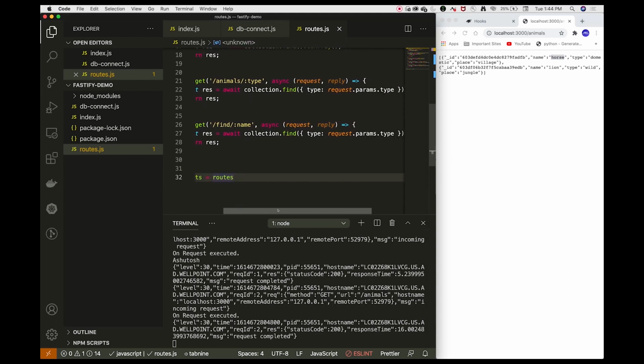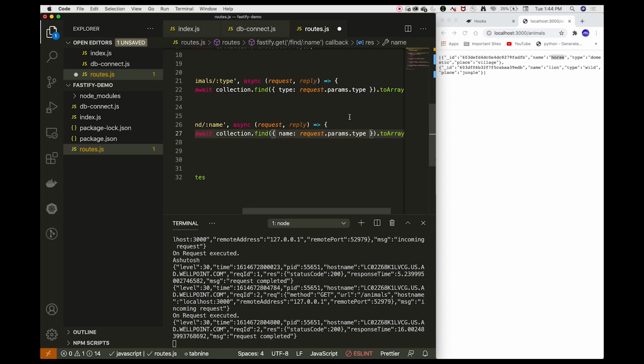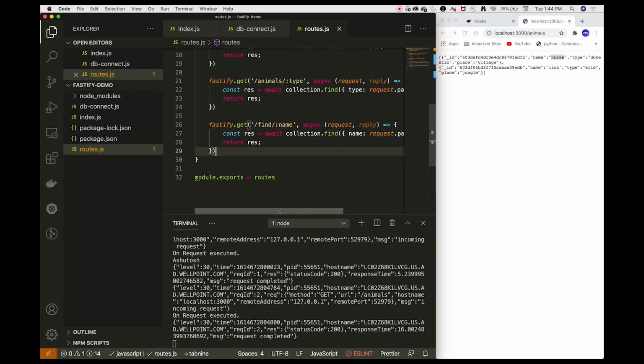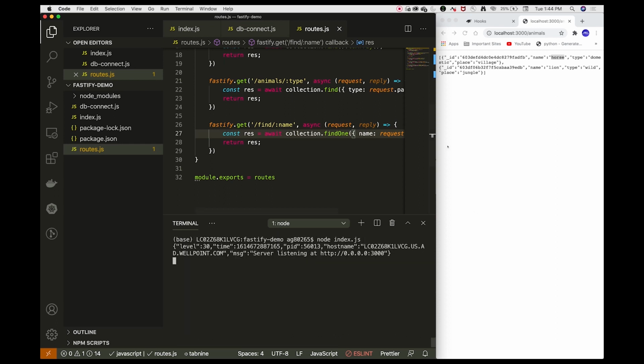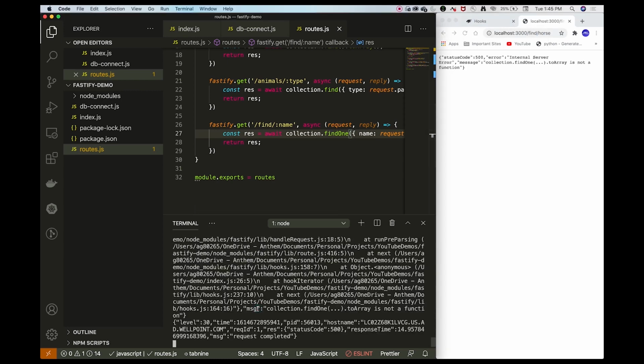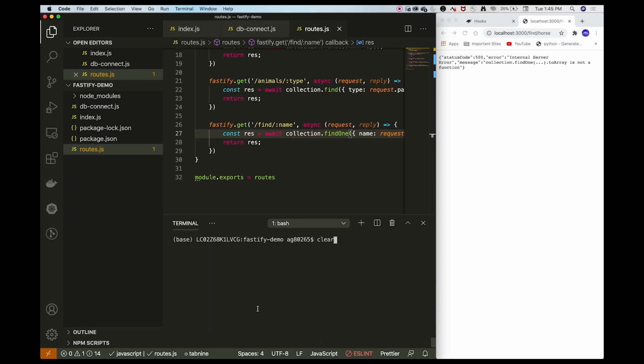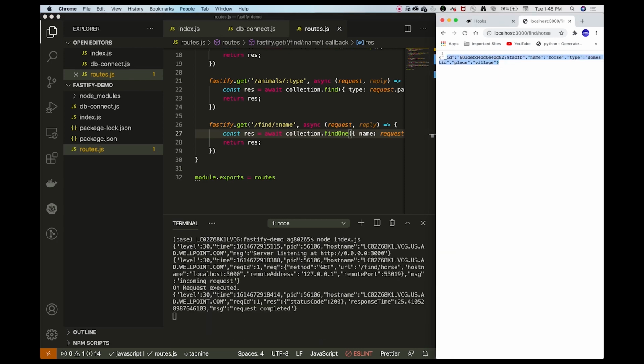For that, we just need to define or change the name over here, and we'll only find one element from it. So let me restart my server, and if I query find horse, sorry, we need to remove the toArray function.